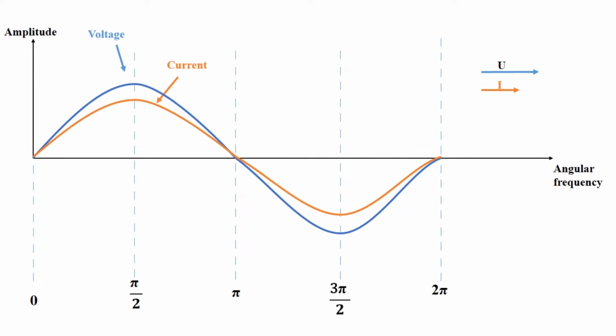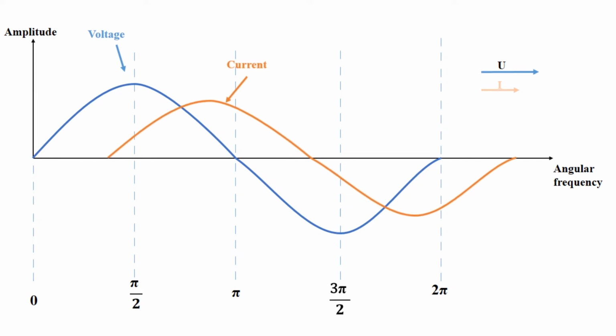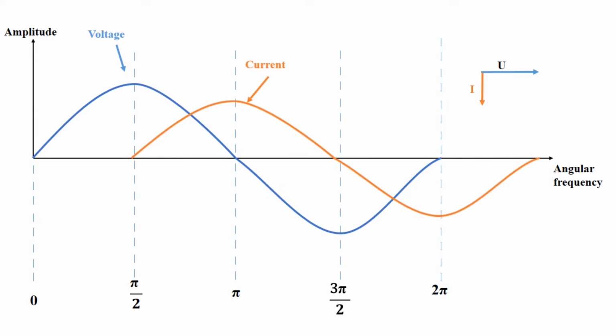In an AC circuit with a resistive load, both voltage and current are in phase, so the angle between them is 0, which means only active power is flowing through this circuit. In an inductive circuit, however, the current is lagging behind voltage by 90 degrees or half of pi. If you remember the previous formulas, cosine of 90 degrees equals 0 and sine of 90 degrees is 1. So in this example, only reactive power is flowing.